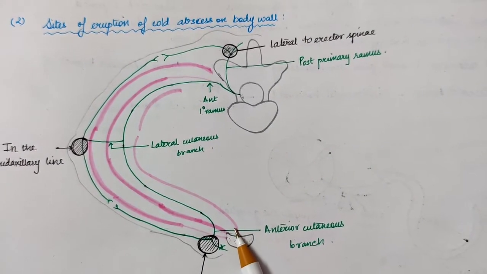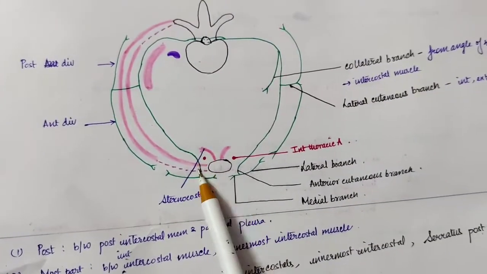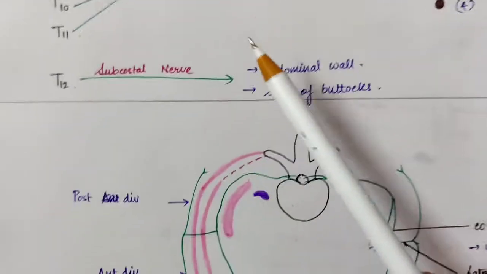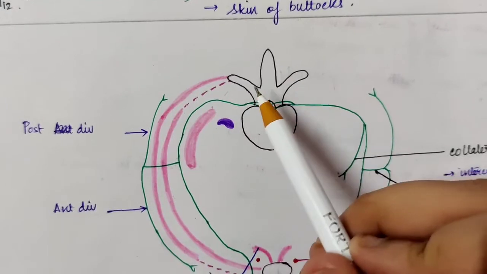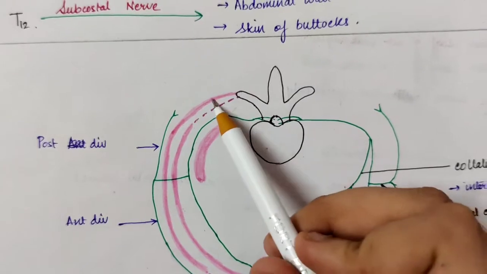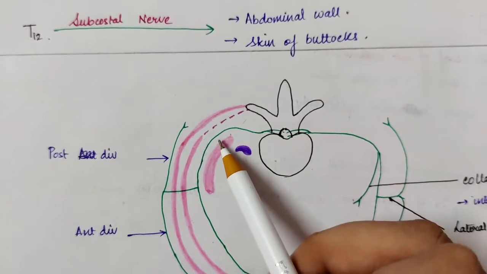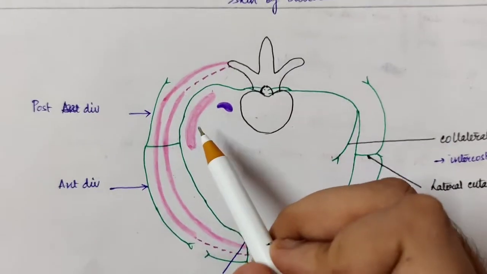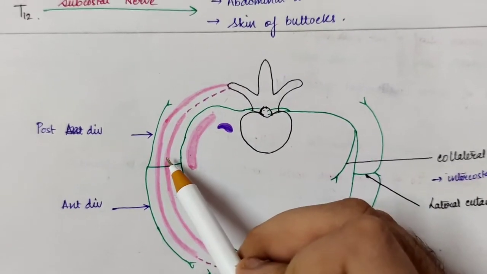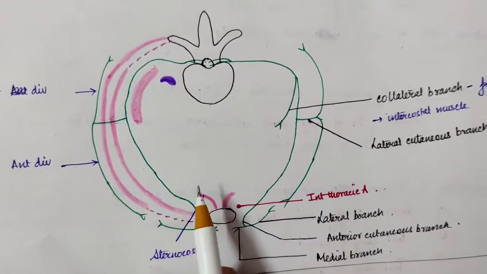It is in front of the sternocostalis, and also we have here the artery, the internal thoracic artery. We have the sternocostalis here. Now this intercostal nerve, its extension at the posterior part is between the parietal pleura and the posterior intercostal membrane. Then the maximum part is between the intercostalis intimi and the internal intercostal muscle.